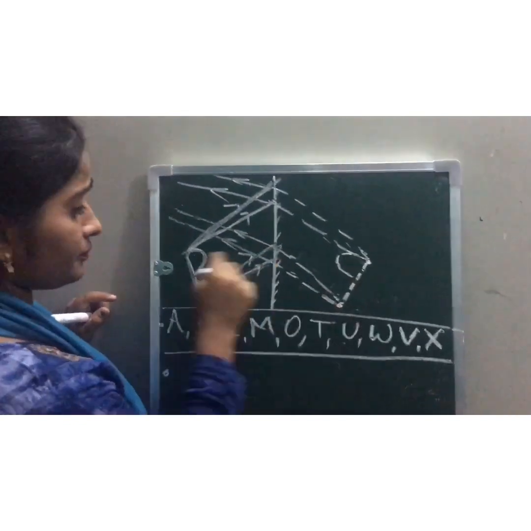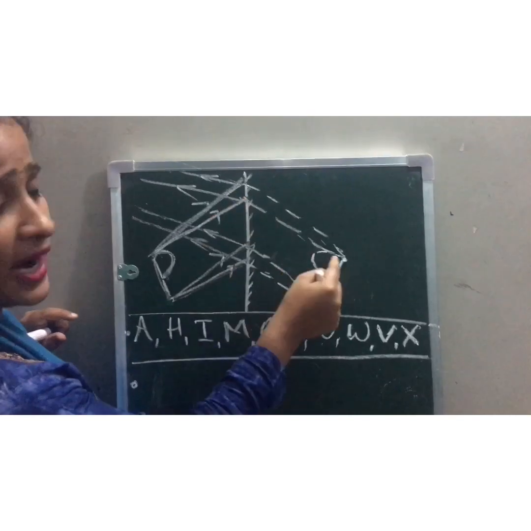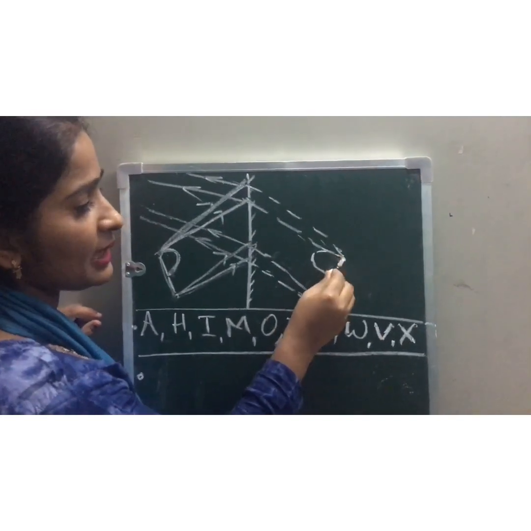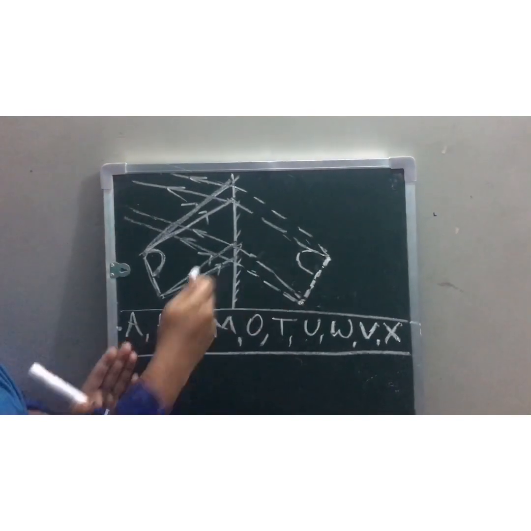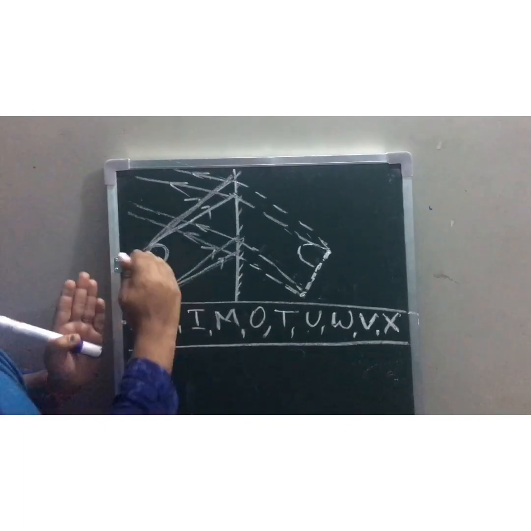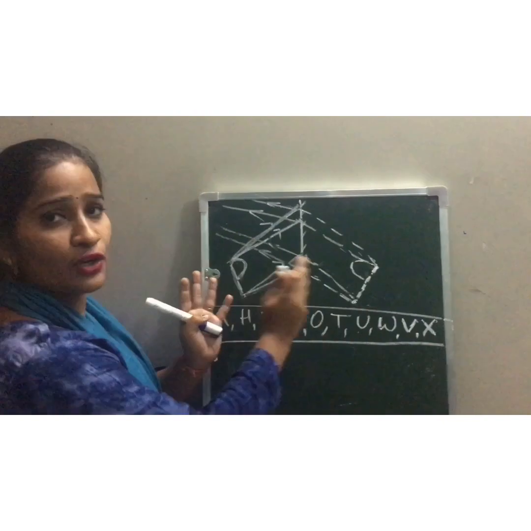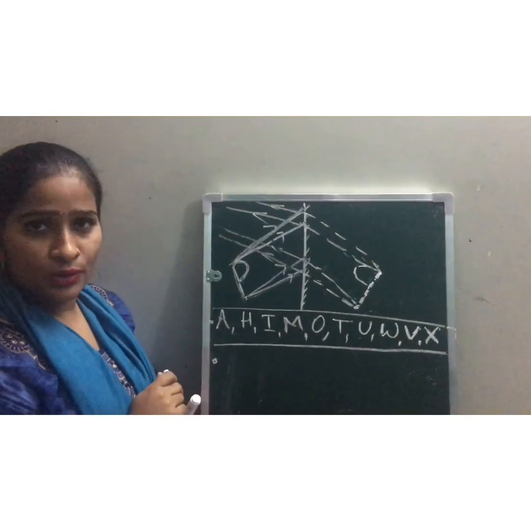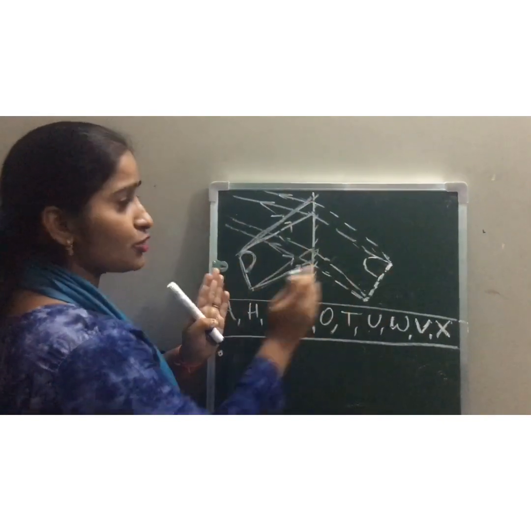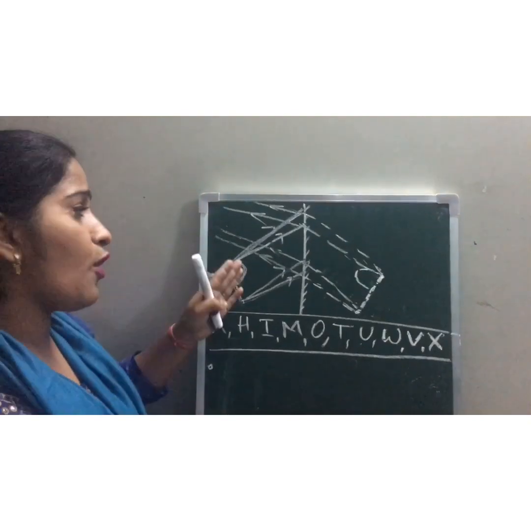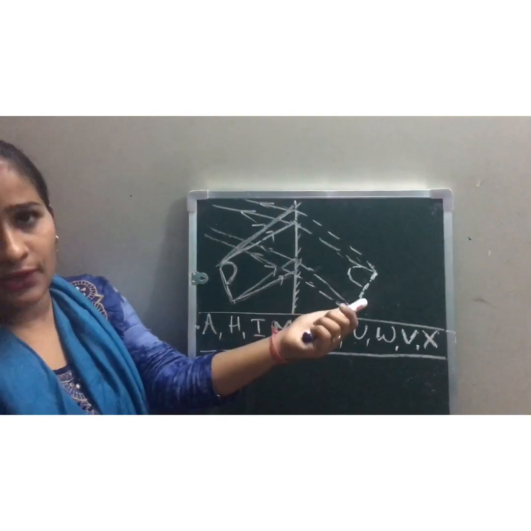Okay, so where the reflected rays meet behind the mirror, we get an image P. Are you able to see how I am getting it? This way it is left and right. There is an interchange of left and right hand side in this image. So the images formed by a plane mirror are laterally inverted.